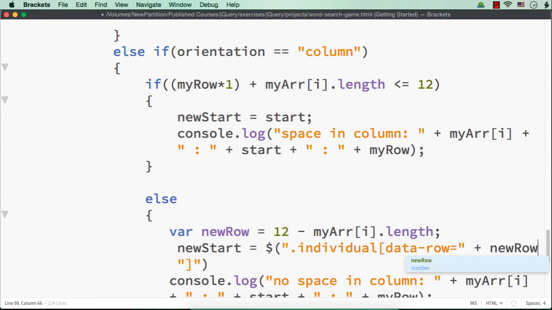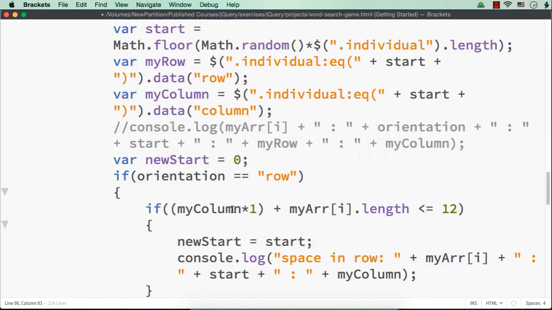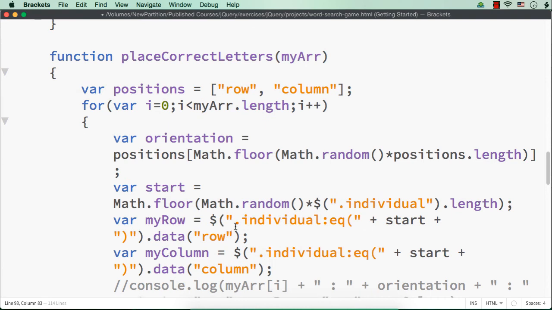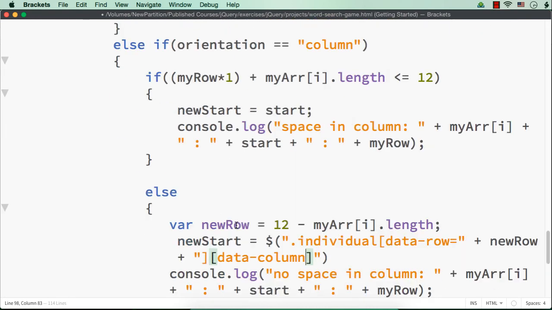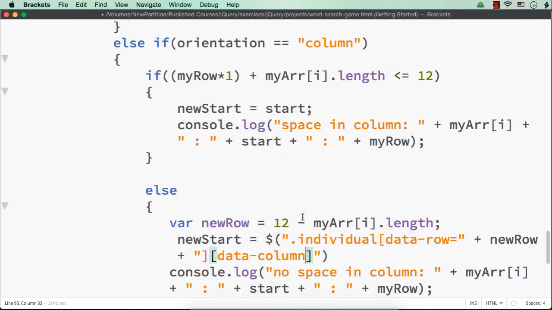As these values are within variables, we are adding them outside the double quotes, right? And after this, data column is the same as this one, that is my column itself, because we don't have to modify the column number.